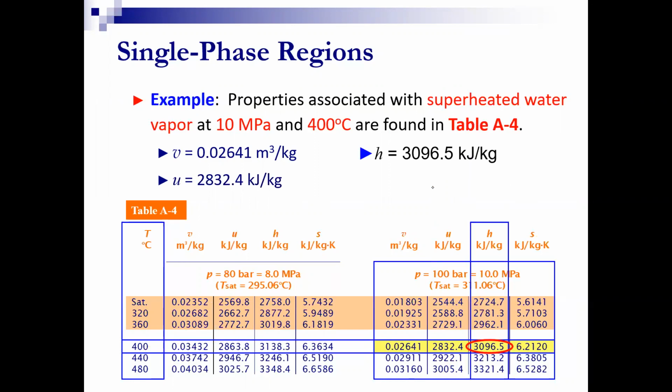With that said, let's just think about something, and that is how easy our work was. The reason why it was so easy was that it happened that the temperature and pressure that we were looking for were exactly tabulated. But in most of the cases, the temperature or the pressure that we are looking for is not exactly tabulated. For instance, in this table, what happens if our temperature is 380 degrees Celsius, not 400 and not 360, something between these two? If that is the case, then